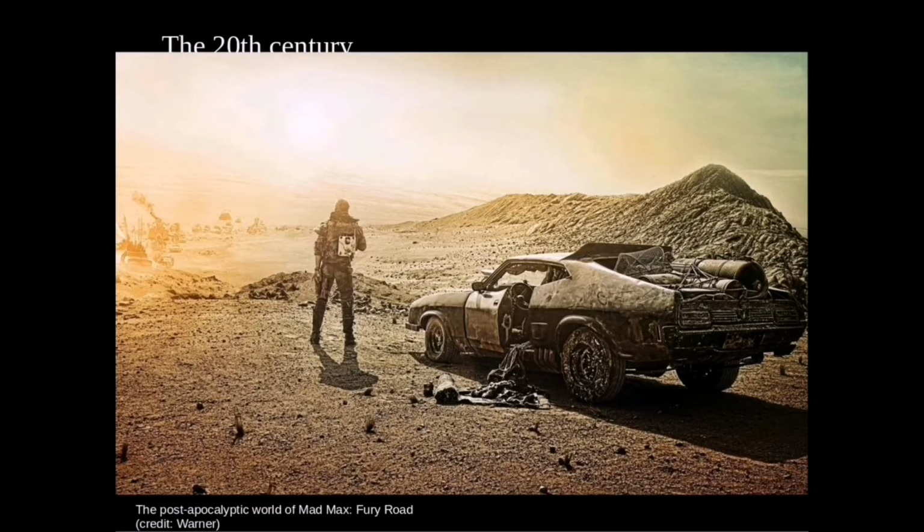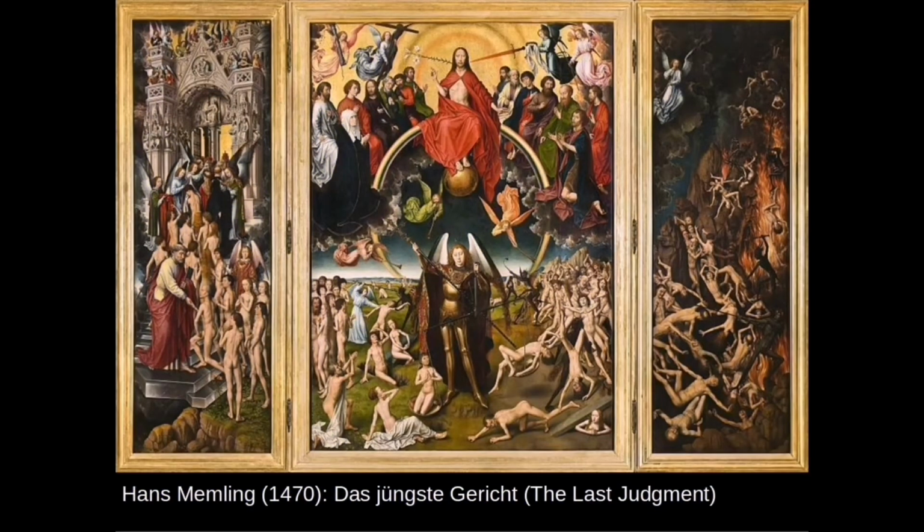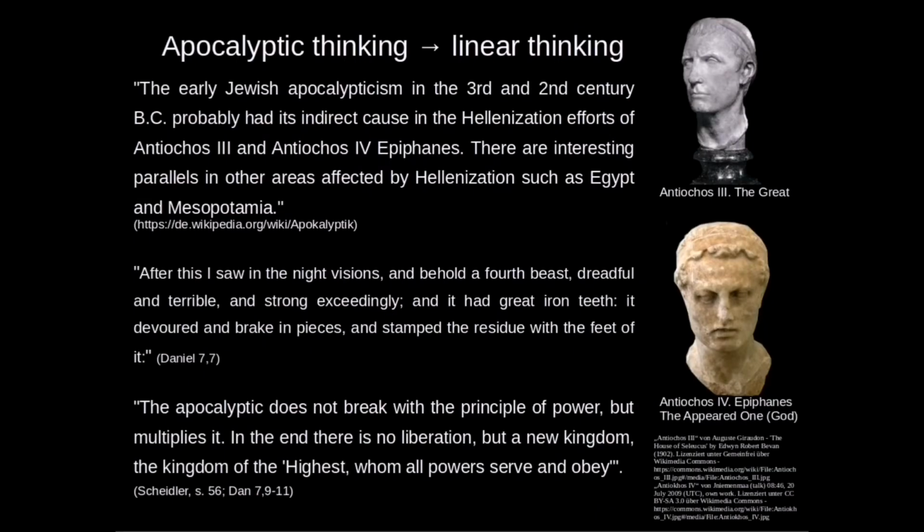Before our generations watched Mad Max, many previous generations have been seeing large paintings with apocalyptic visions frequently when going to church. So it seems like our culture is really conditioned for the apocalypse to come, almost waiting for it with a perverse appetite for total destruction. As we can see here,